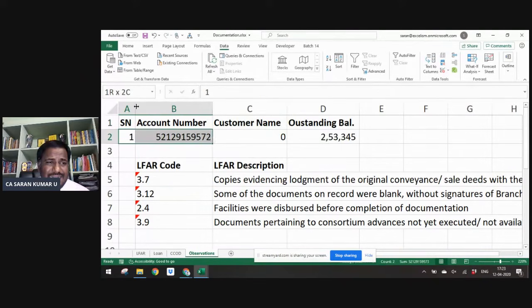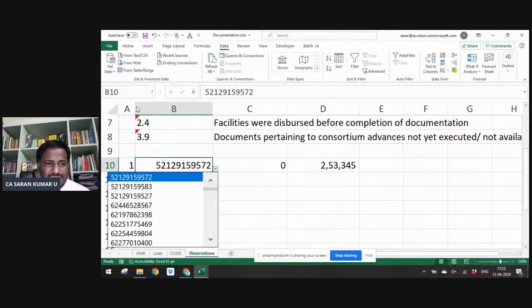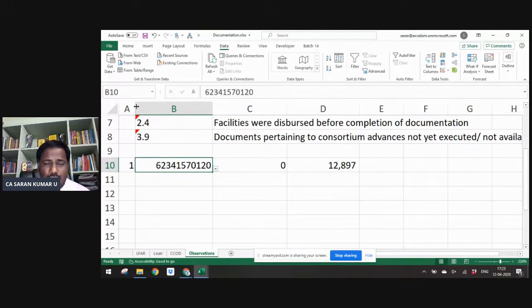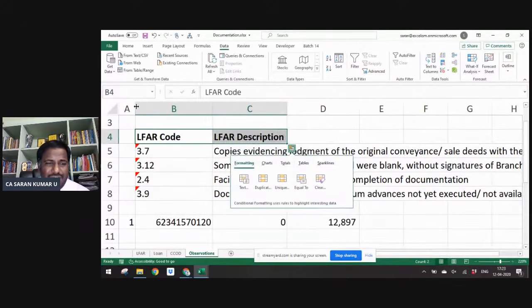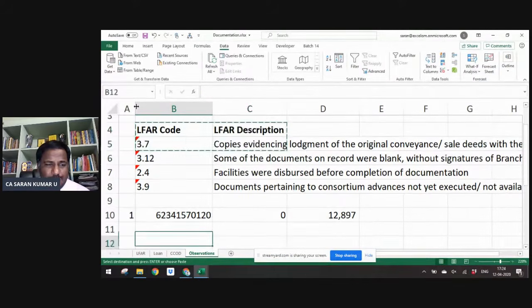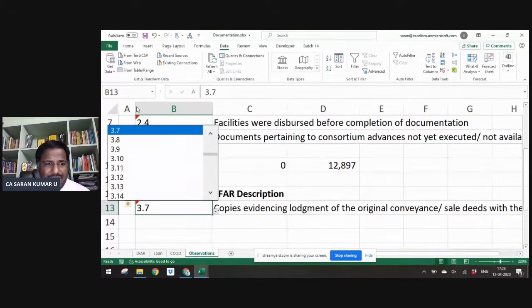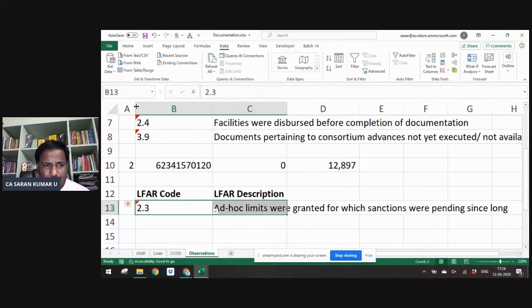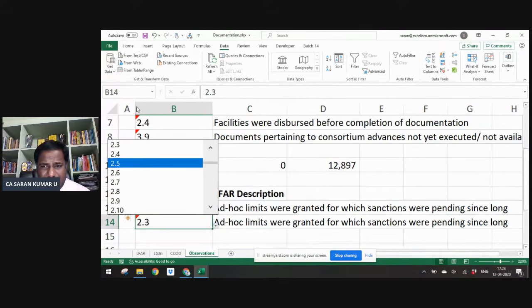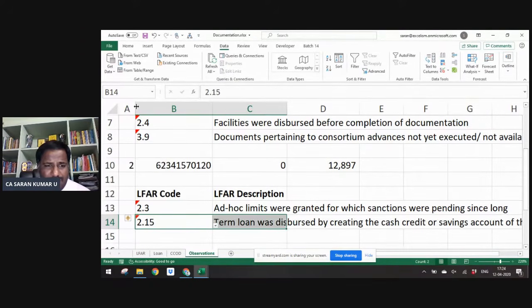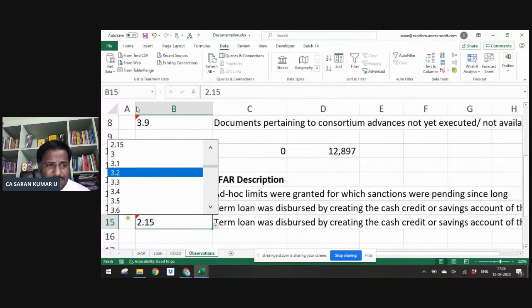Now let's say the second case is there. For the second case, simply copy this and paste here. Just select whatever account number you want. The balance and name will come. Now take the same LFR code and LFR description, copy and paste here. Now you can put this as a 2, and this is the LFR description. Now this LFR description is more of 2.3. There is a problem, and one more comment is there, 2.15, and one more comment for this customer,